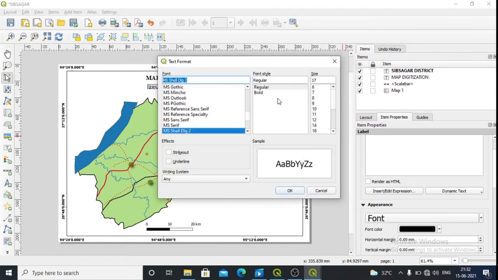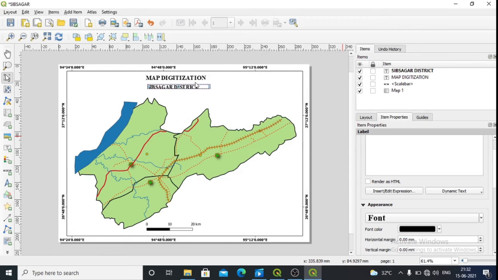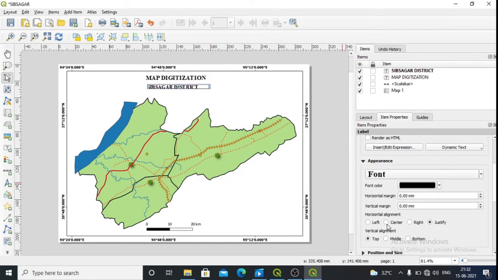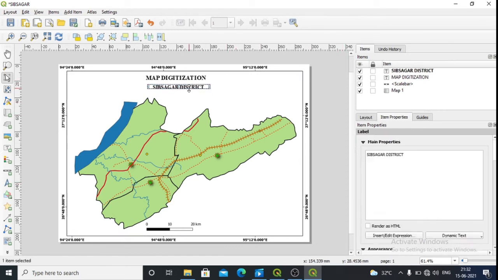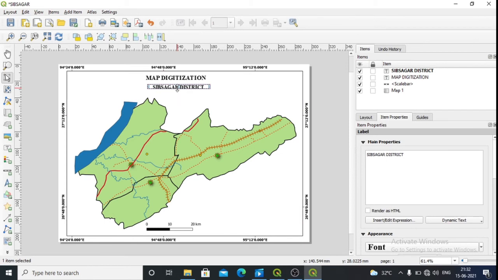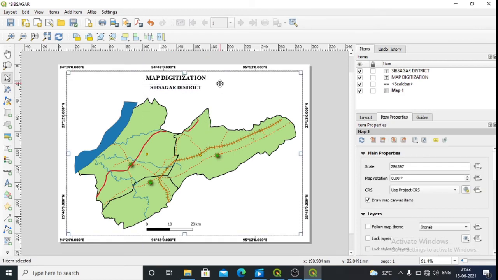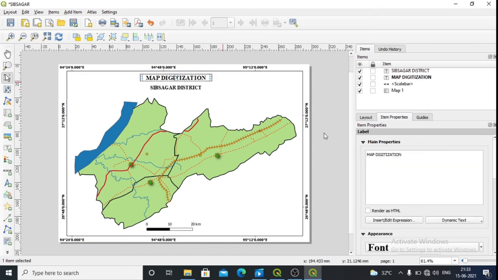Configure the format, make it bold, center. Okay, map digitization, Sibsagar district. You can make this one a little bit bigger.